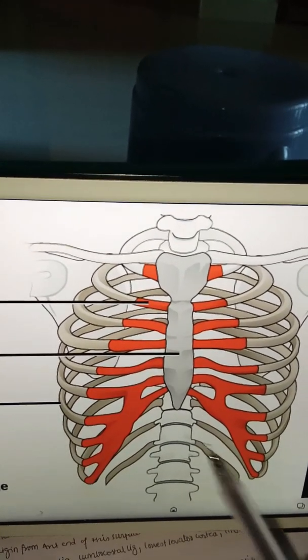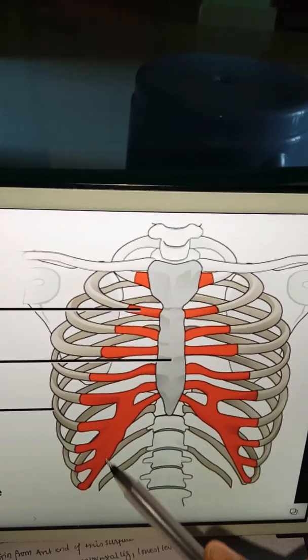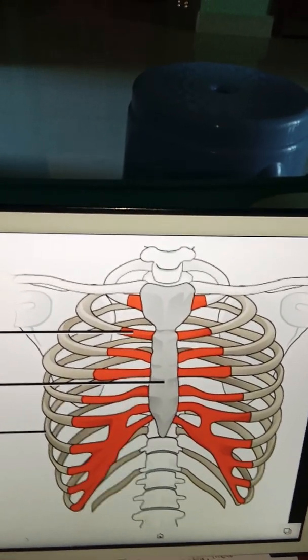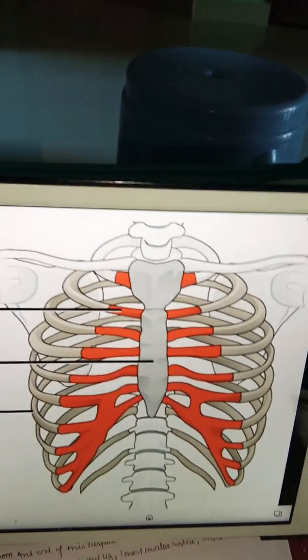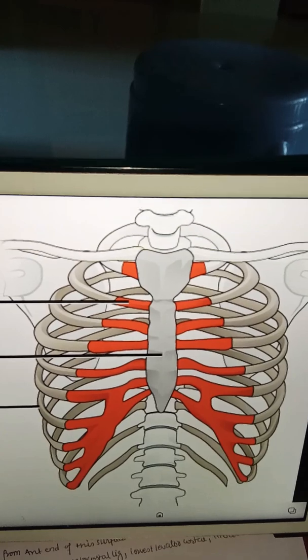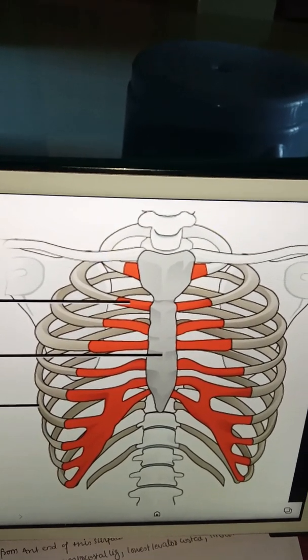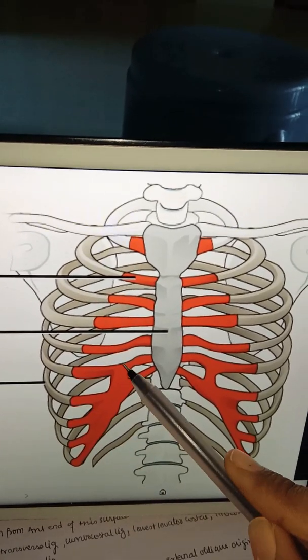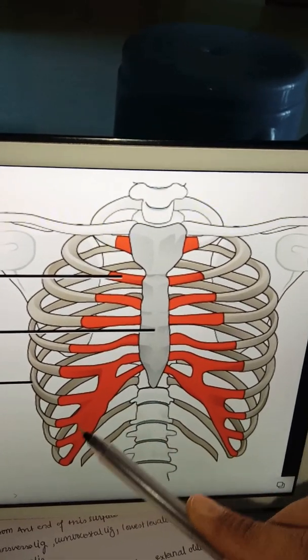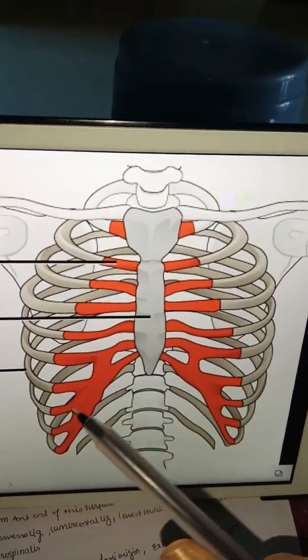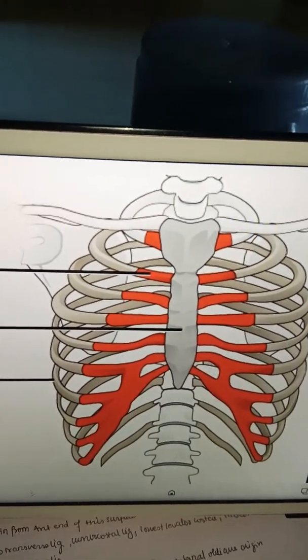And next, from the cartilage 5 to 9, you will have articulation with one another at maximum convexity, and they form a synovial joint with the sternum. So they join with the sternum by means of a synovial joint. And next, cartilages 8, 9, 10 are connected to the next higher cartilage by means of a synovial joint. These cartilages which are joined, you can see here, this is called a chondrochondral joint because it is between cartilage and cartilage. And they are attached by means of a synovial joint.